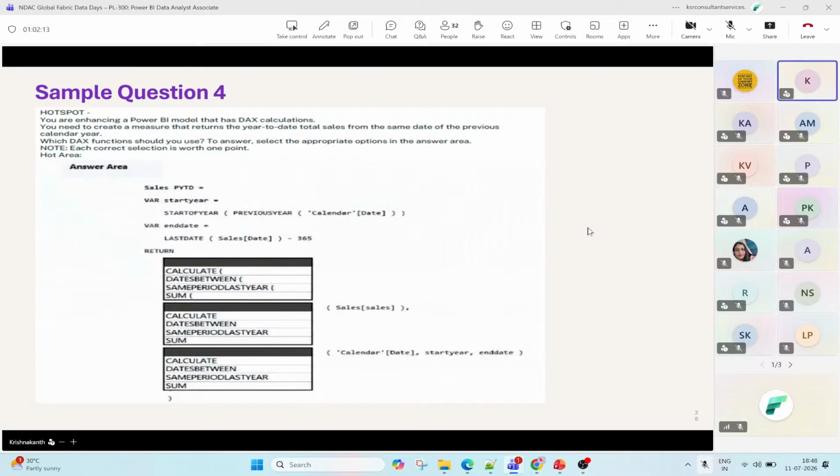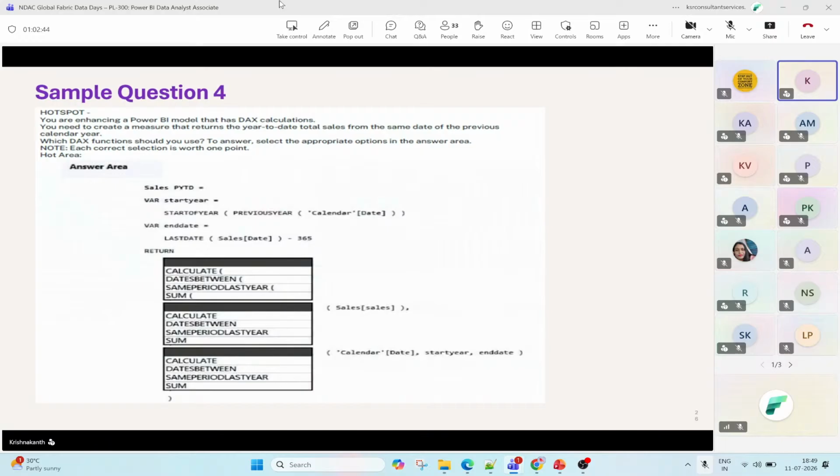Can you tell me which functionalities we can go with in the return argument? Same period last year? No. Dates between? Dates between requires two arguments with respect to date columns. Earlier also we discussed it, right?